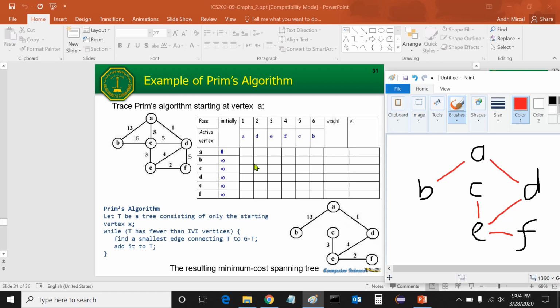Now everyone, in the last class we discussed Dijkstra's algorithm, right? Dijkstra's algorithm can be used to derive the shortest path from a vertex to the rest of the vertices in the graph. At that time we also used a table to derive the shortest path from a certain vertex to the rest of the vertices in the graph. Maybe some of you will think that I can also use Prim's algorithm to derive the shortest path from the starting vertex to the rest of the vertices in the graph.